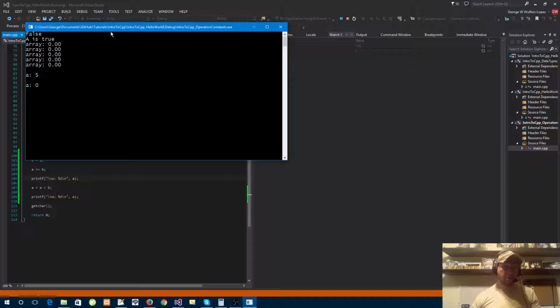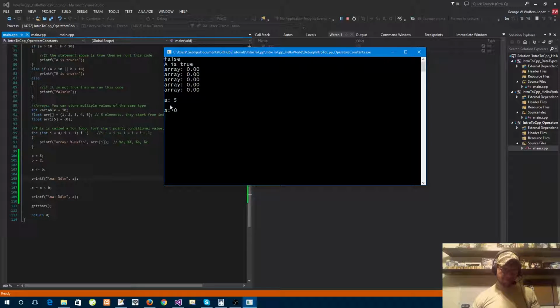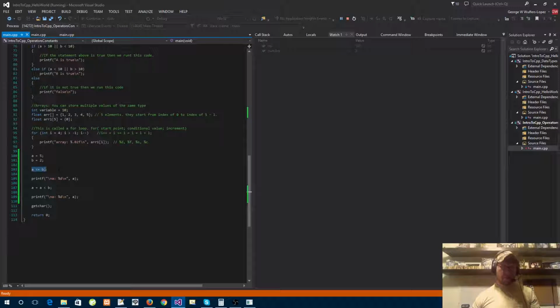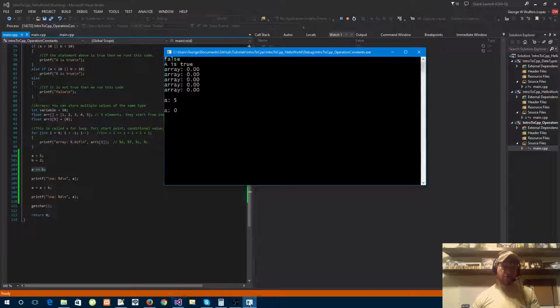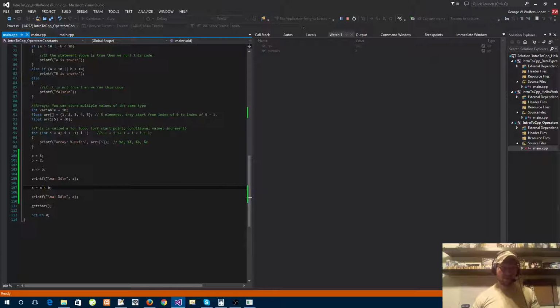So now we can see clearly that the first thing doesn't take effect. It doesn't do anything to A. It just gives us 5 because we are comparing these two. We're not doing any arithmetic or anything like that. On the other one, since we're saying A equals A less than B, or we can even say less than or equal to B,